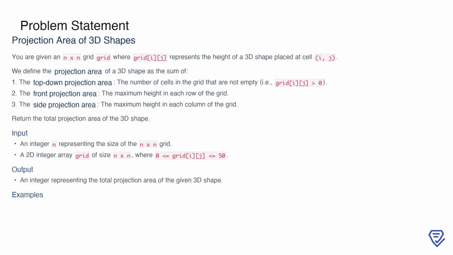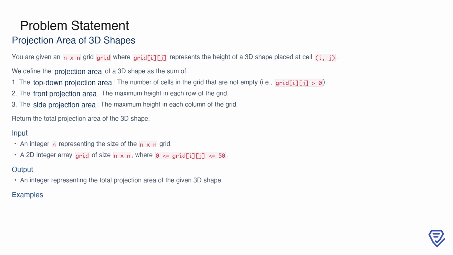In this problem, you're given an N x N grid where each cell represents the height of a 3D shape at that position. The goal is to calculate the total projection area of the 3D shape, which is the sum of three different projections. First, the top-down projection area counts how many cells in the grid are not empty, meaning their value